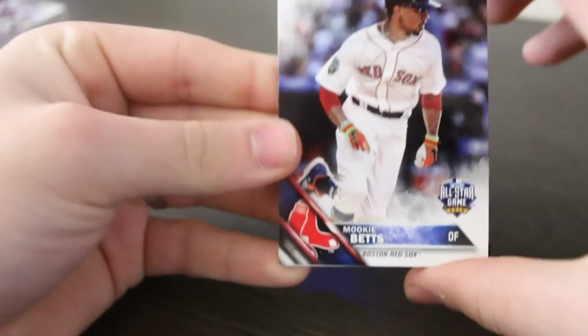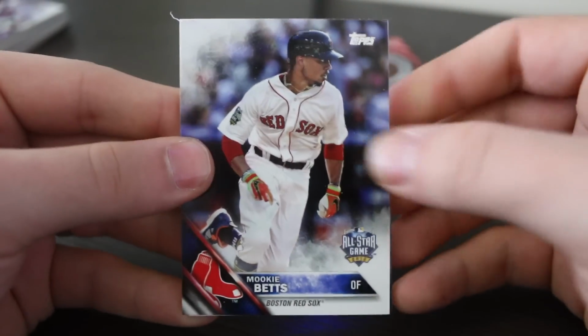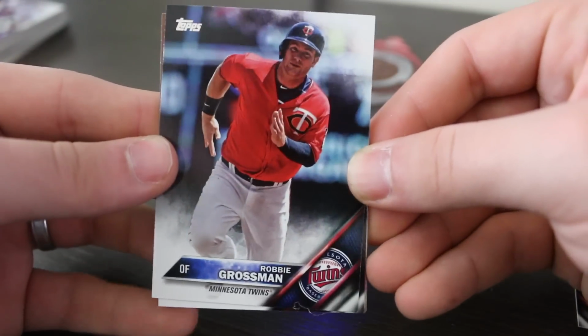And last but not least, the 5th pack of this video. And the first card is another Diamond Mookie Betts, and that might be our starting second baseman. I like that a lot. Let's go. Then we have Robbie Grossman,